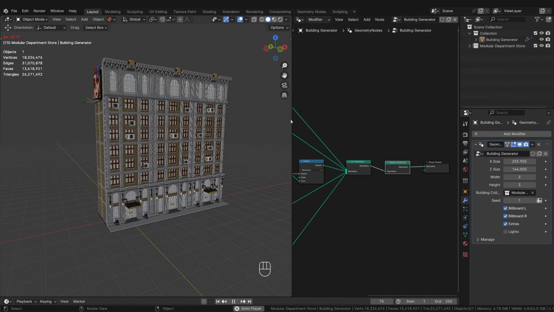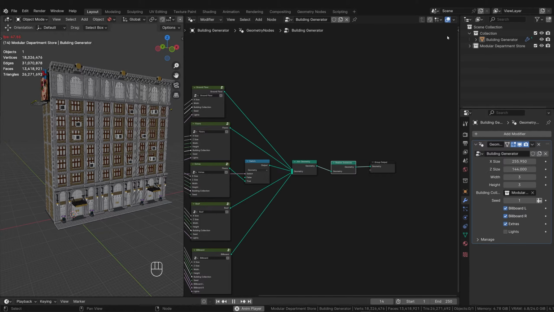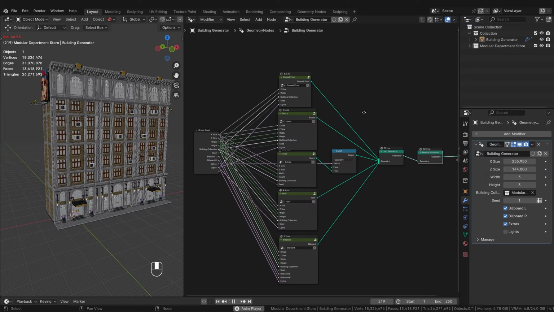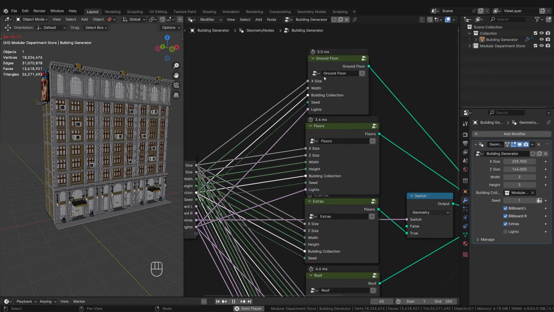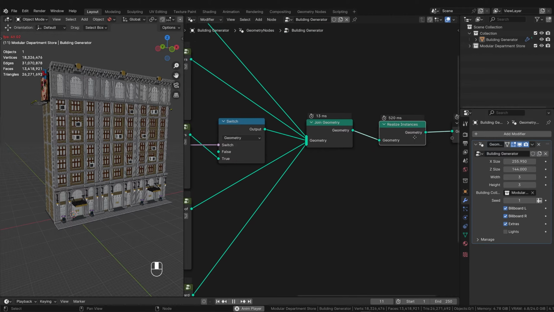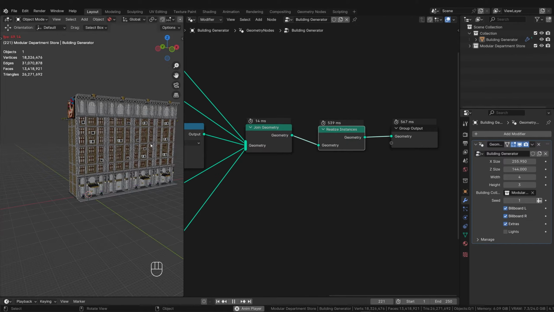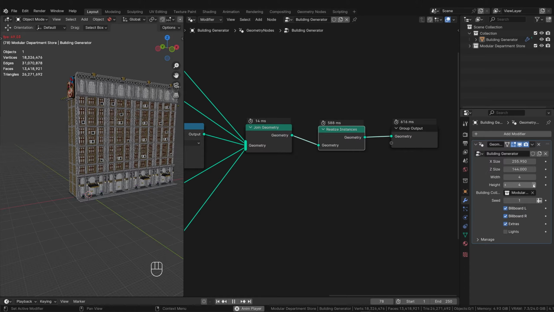Well, not quite. Unfortunately, this method does have a small, not entirely insignificant disadvantage. Using this option here, we can display the time it takes to process the individual areas of the node tree. We can see that most of the groups are in the low millisecond range. But then the Realize Instances node comes along and really packs a punch. So everything might run smoothly once it has been processed, but as soon as we even change a small thing via the interface, there are considerable loading times, which only increase further the larger the building becomes.